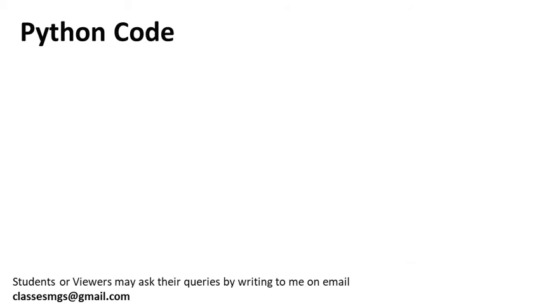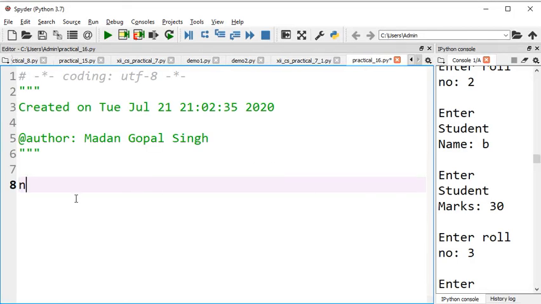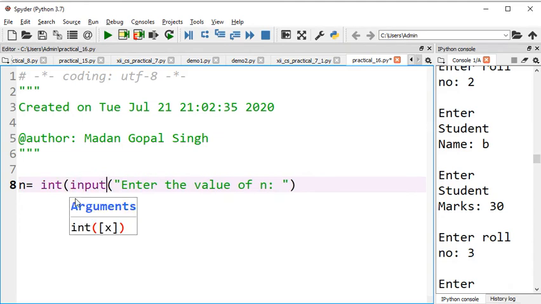So I am going to open my IDLE now. Let's try to enter an input, enter the value of n. Now you need to convert it into an integer, so I am wrapping it in the int method.